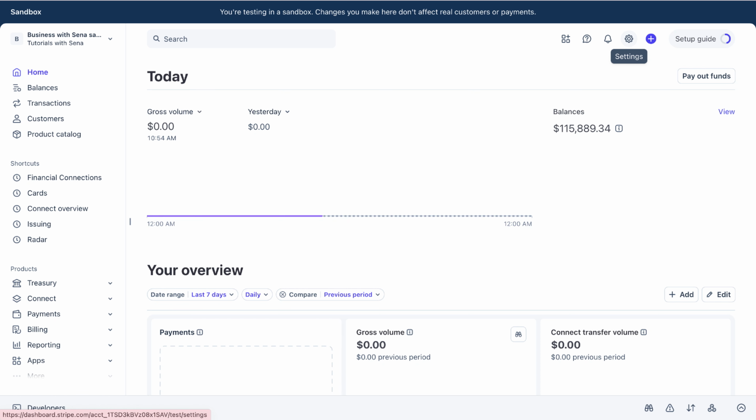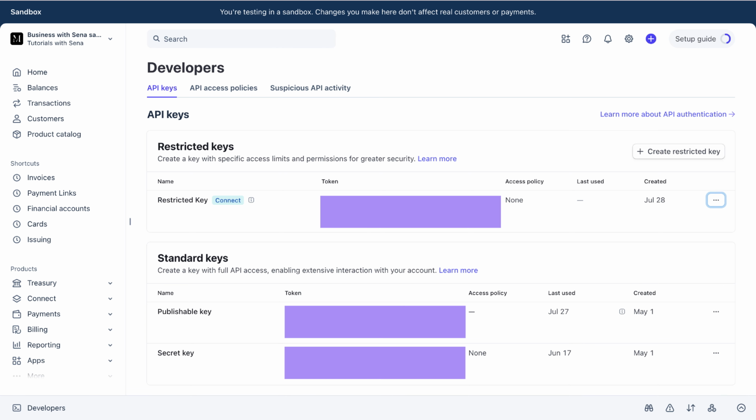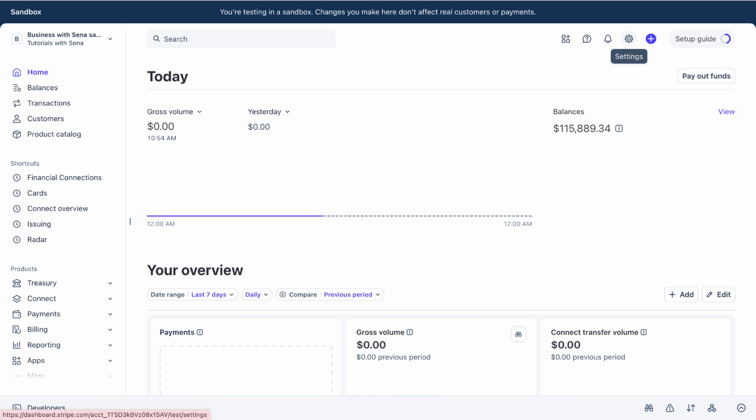Keep in mind, removing a developer from team members only revokes their Stripe login, but it does not automatically revoke any API keys or restricted keys that they use or created while on the team. So to remove both the user from the team settings and rotate or revoke your API keys to make it safe,